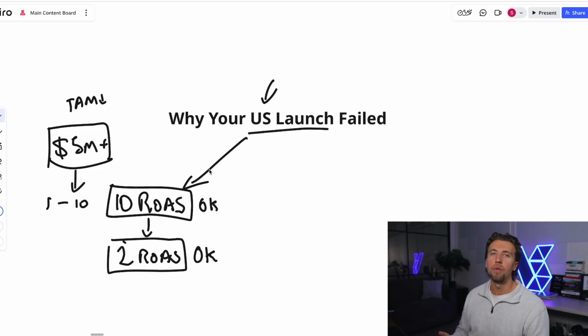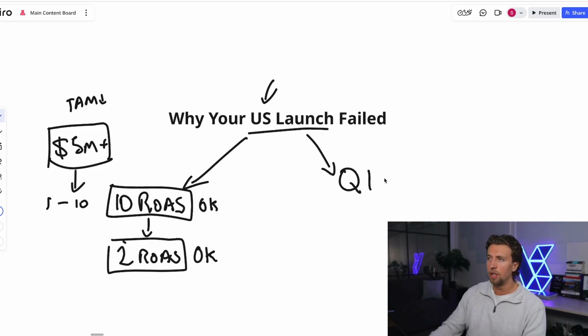How do we know whether our ads are going to translate well into the US? How can we have confidence before we go and do this launch? Really, really easy stress test here. Okay, so what you can do, and this is what I recommend everyone does, is launch all of your ads,